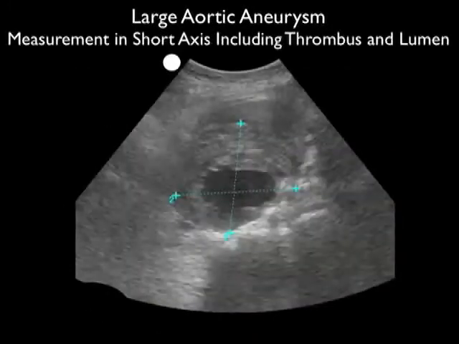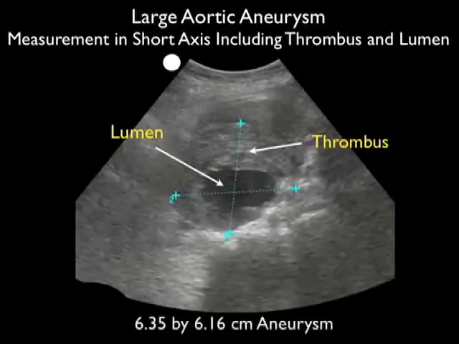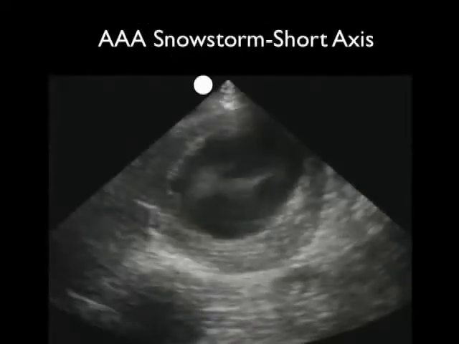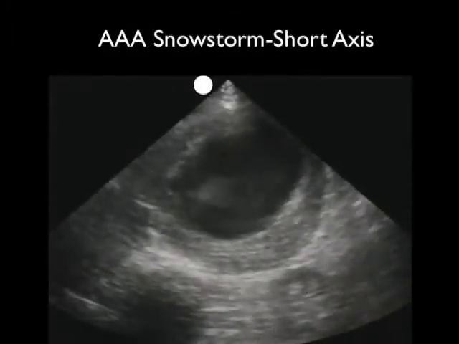Next, we're going to measure this AAA, and here we're putting the calipers from anterior, posterior, and laterally, trying to add that lumen and the thrombus to our measurements. And I came up with a measurement that was 6.3 by 6.16 centimeters, again making the definition of a AAA. This image is a short axis configuration showing an extremely large AAA